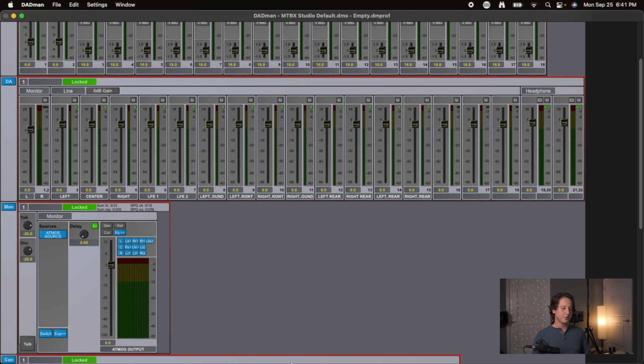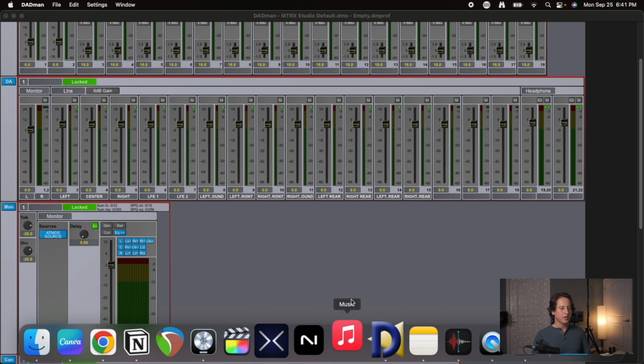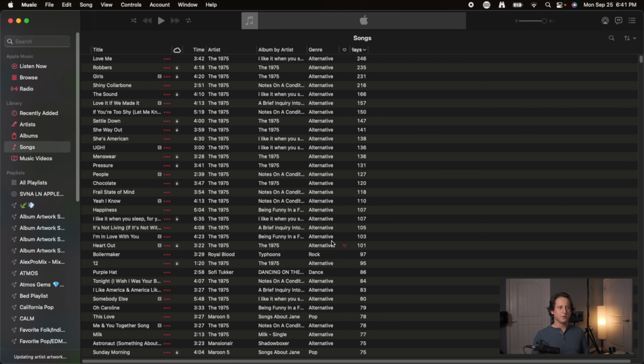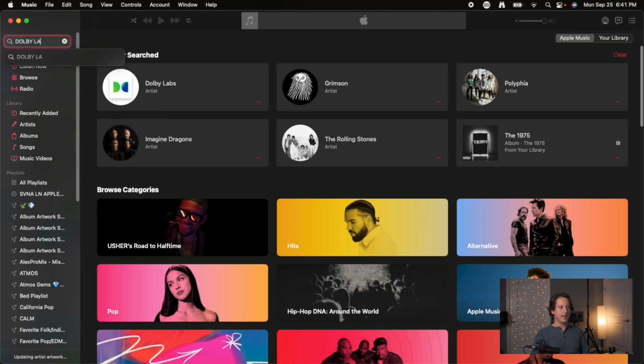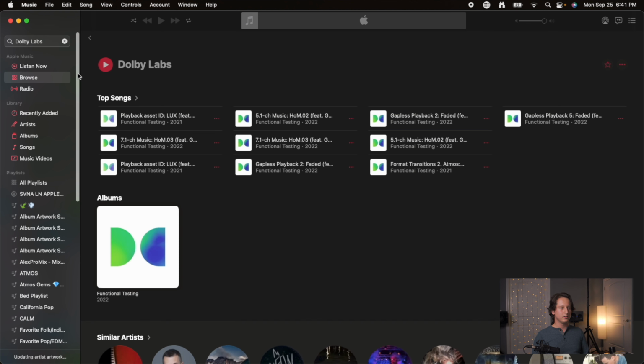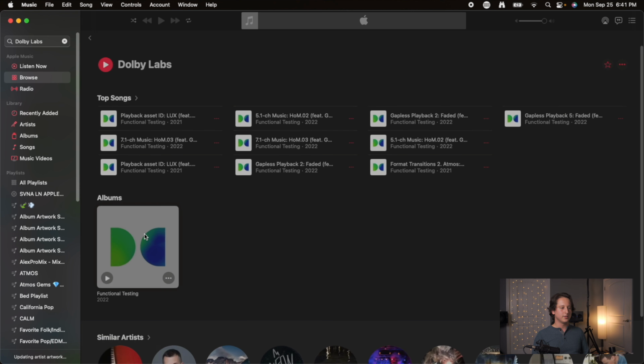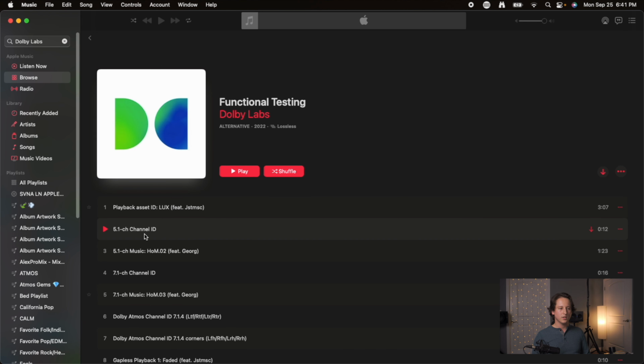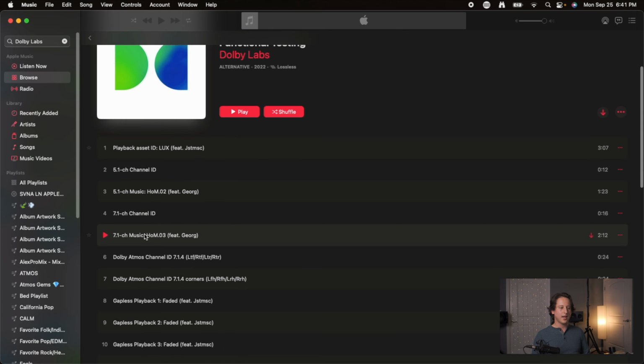So the next thing we're going to do is open Apple Music. And I'm pretty sure you can do this with Tidal as well. I'm not sure if Dolby has this available. What you're going to type in your search engine is Dolby Labs. You're going to go to the artist page and go to the functional testing. You're going to scroll down and find